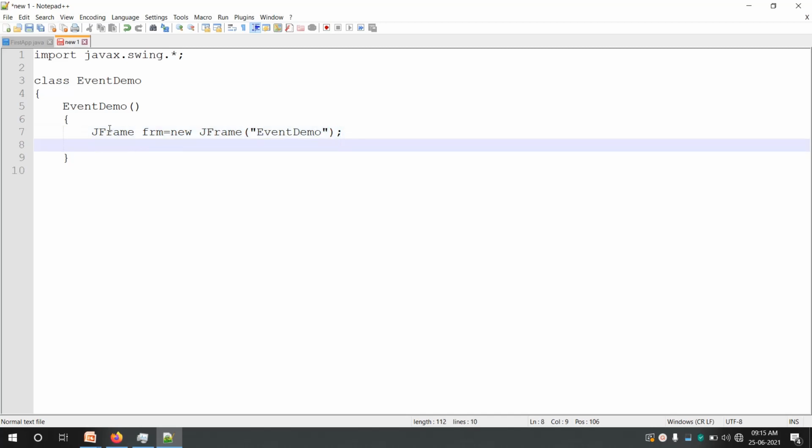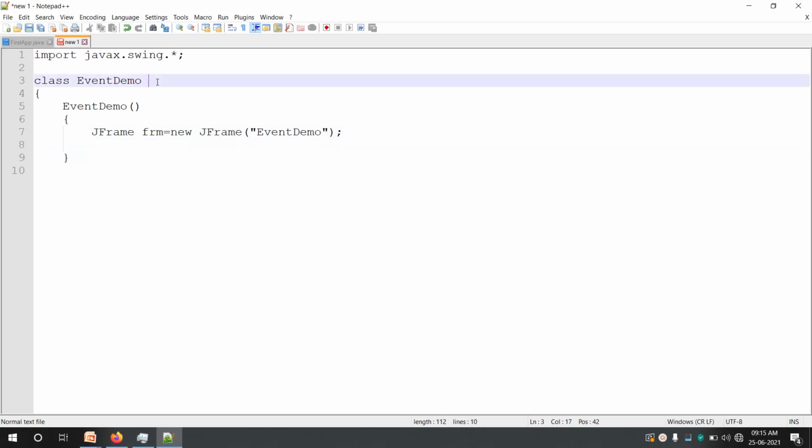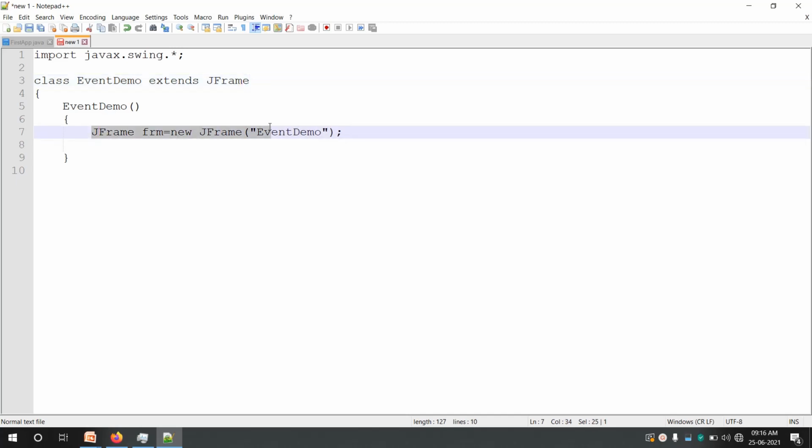So JFrame is created. There is one more way to create a JFrame, by extending JFrame. Your class can extend JFrame, like we did for applet. Our class was extending Applet. Even a class can extend JFrame, so that there is no need to create a JFrame separately as an object.